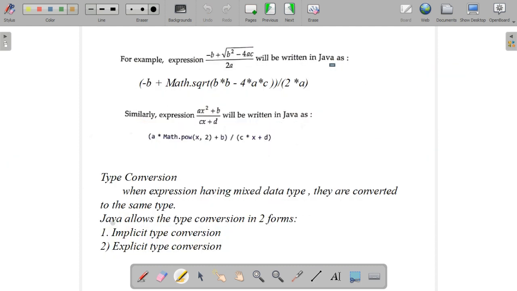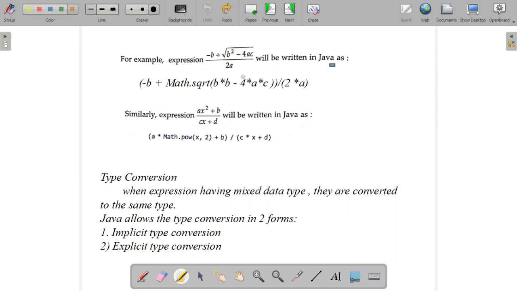Yeah, how to write an expression in Java. This is also a 2 mark question they will ask. An expression is given like this: minus b plus or minus square root of b square minus 4ac by 2a. You should write it in Java, or how will you write the Java expression? So you know what mathematical functions we have to use.